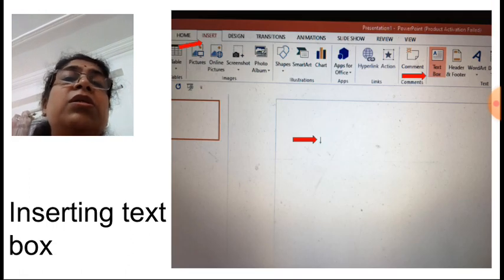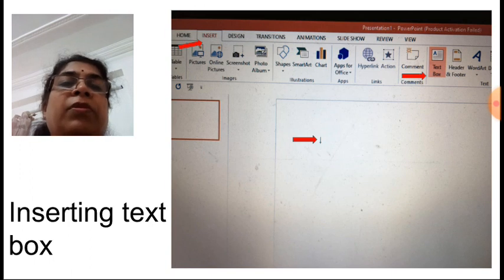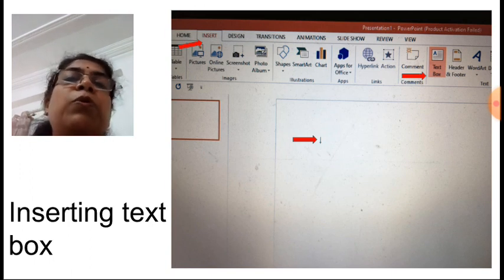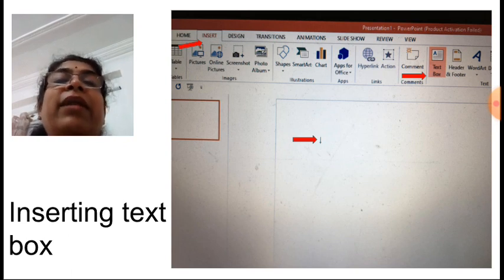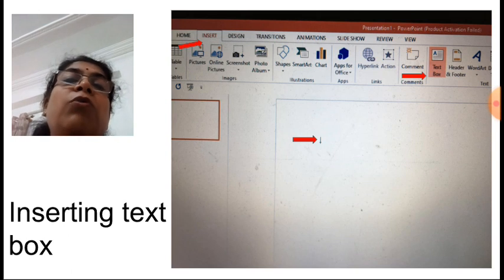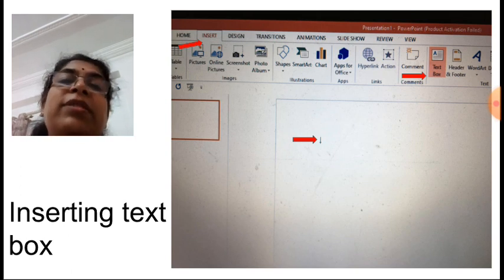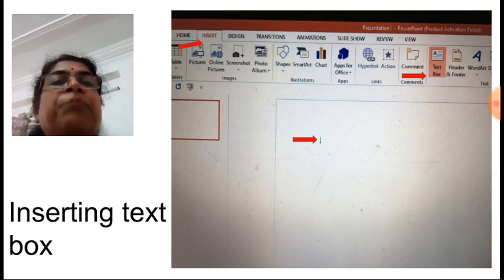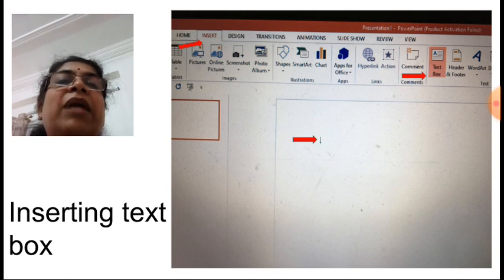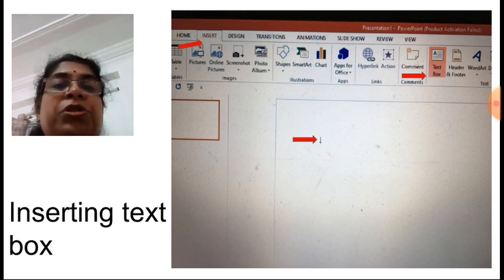After this, suppose we want to insert text. We want to insert some text in a text box. Suppose the slide is already a Title and Content slide. Out of that also we want to insert some more text. Or suppose you have inserted a blank slide and you want to insert text along with pictures, clip arts, or other pictures.